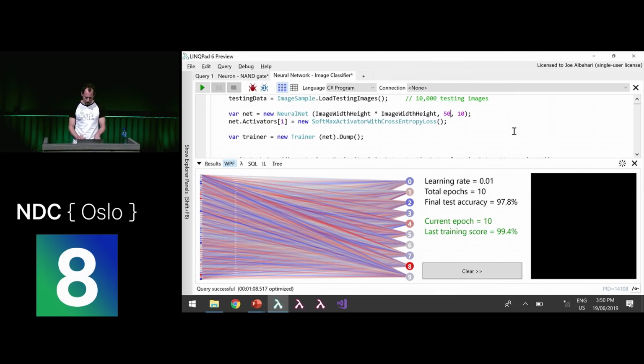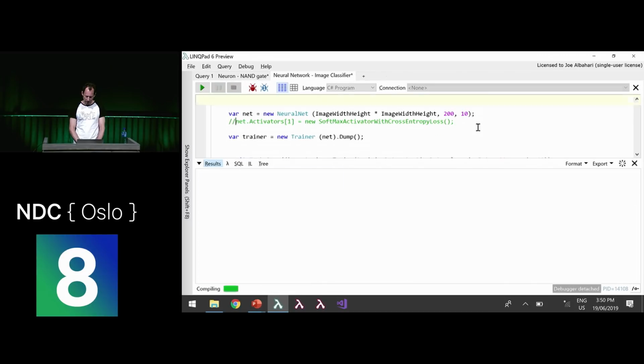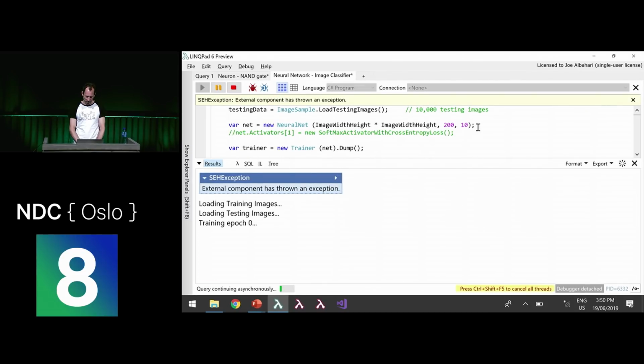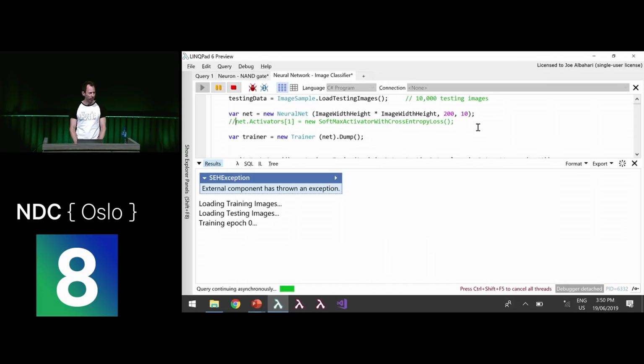So we can actually get the best result for the final test accuracy by going for anything up to, I'm going to stop at 200, but we can go up to 1,000. You can put 1,000 neurons in that middle layer, and then that will get you about 98.5% accuracy, which given the simplicity of this is quite good.